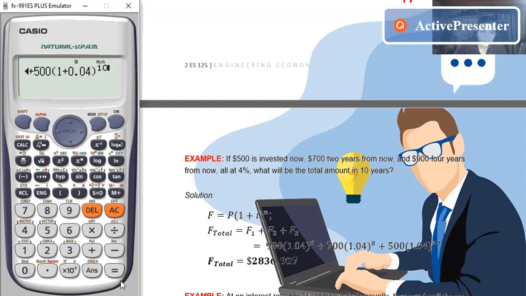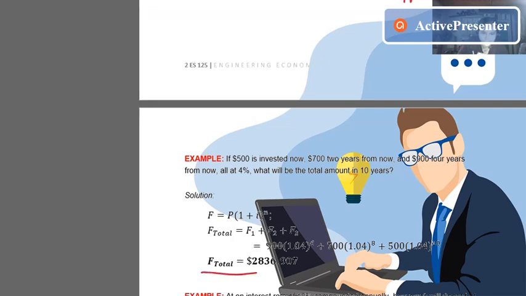So for our future amount total, for about 10 years, our answer will be 2,836.907. So our answer is here for the final answer. So take note in our problem, if no mode of compound interest is given, then automatically we only need to substitute in our formula for the future amount in compound interest. So for another example,